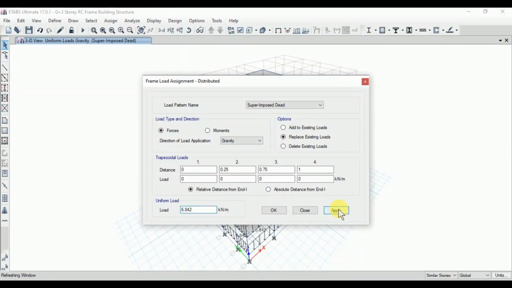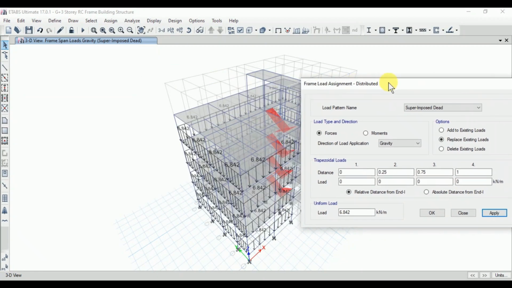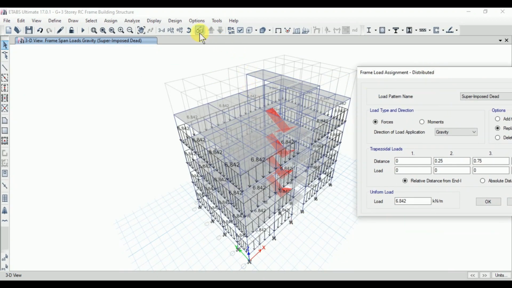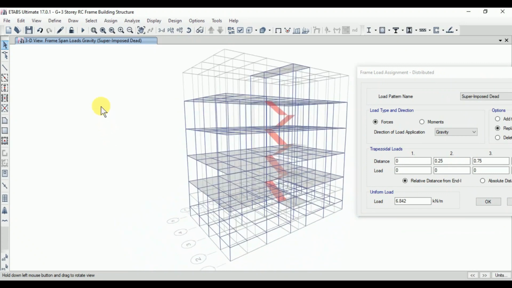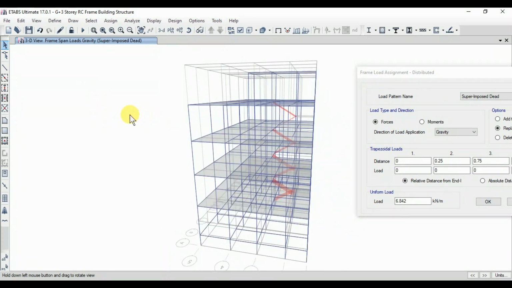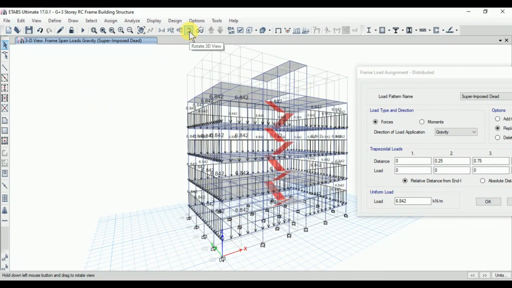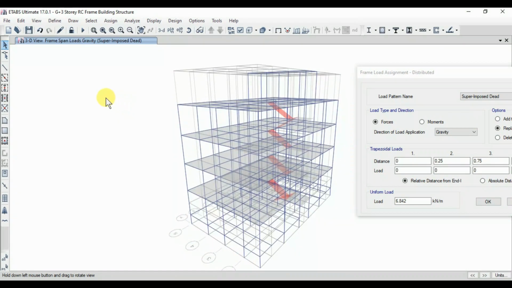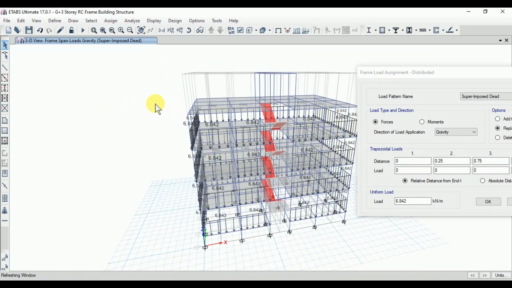So click on apply. So here you can see the wall load is applied on the beams over which there is a wall. So without modeling the wall, we have successfully applied the load of the wall.